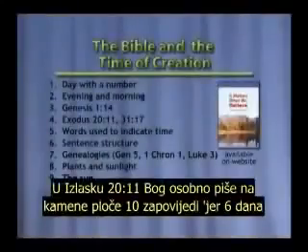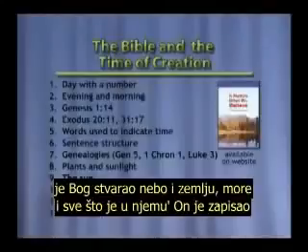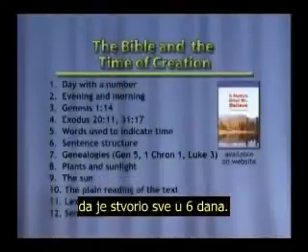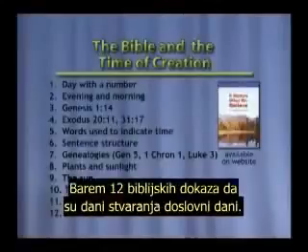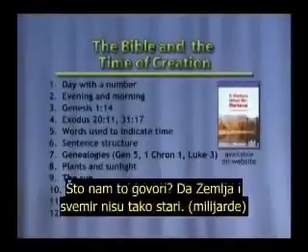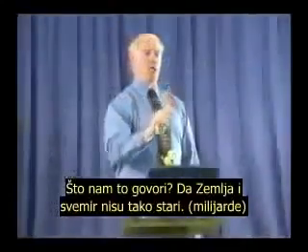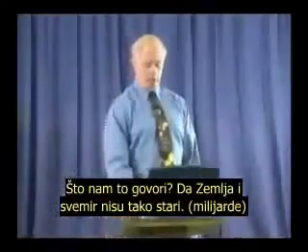In Exodus 20, verse 11, God writes down himself on the stone tablets, the Ten Commandments, for in 6 days the Lord made the heaven, the earth, the sea, and all that is in them. He wrote it down that he created everything in 6 days. At least 12 biblical evidences that these days of creation were literal days. And what does that suggest? That this earth and this universe are not that old.